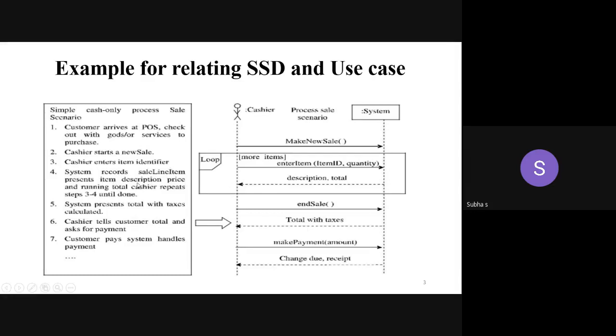The system will record the sale line item. He has to repeat the steps for the items that are bought by the customer. The same thing, whichever we saw in the diagram, is represented as points. You have to write like this only. This SSD is a very easy and understandable subject to get more marks. On the left side you just write the entire steps that are needed. On the right side you have a clear diagram, relating the system sequence diagram and the use cases.